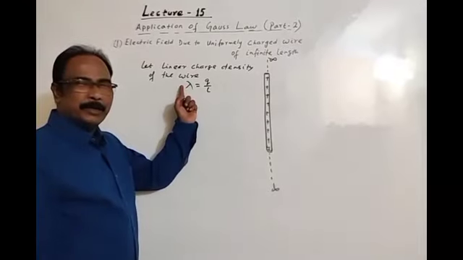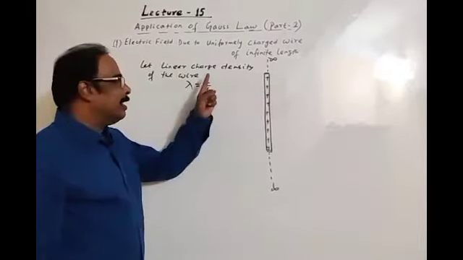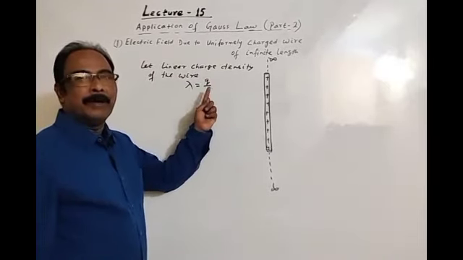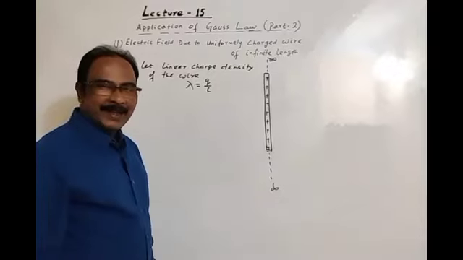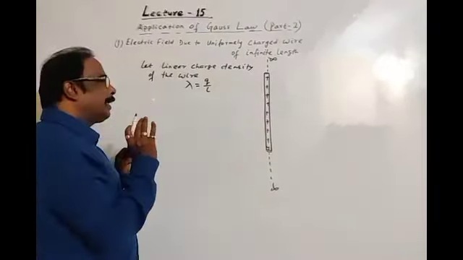Obviously its unit will be coulomb per meter. For surface charge density, it is coulomb per meter square. For volume charge density, it is coulomb per meter cube in MKS or SI. Now we have to take